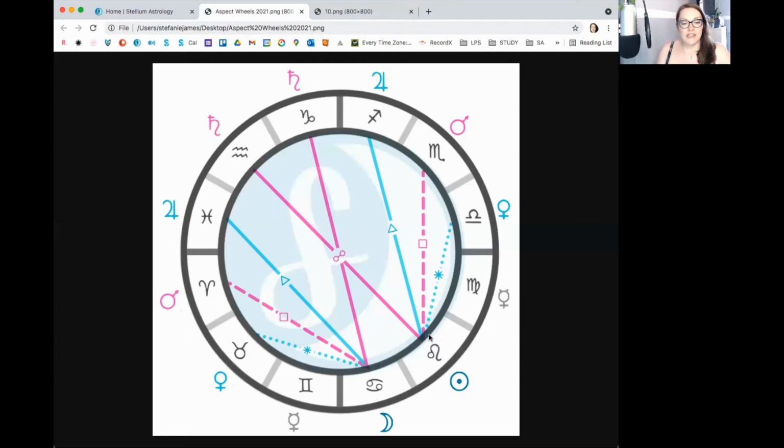And with the trines as well, it's the quality. So the aspects describe almost the quality of the relationship. If you have a friend who you really like, but they get your back up sometimes, and they constantly push your buttons, you could say that that friendship is almost like a relationship that the planets have together, that are kind of almost Mars-like in quality. Because if one planet's talking to another one by square, they're pushing each other's buttons.